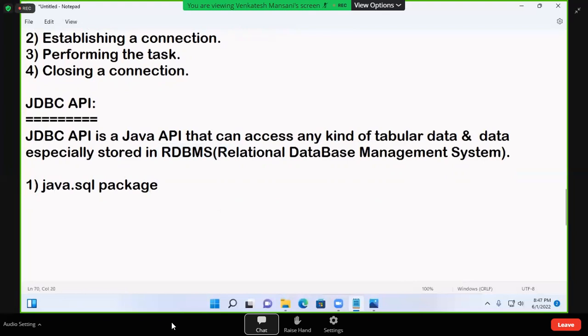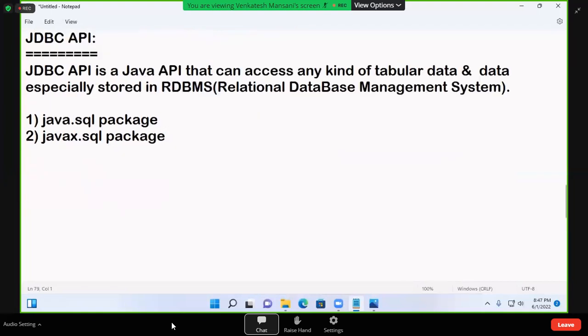Java.sql package. One more, Javax.sql package. And even Javax.sql.rowset package. Java.sql package, Javax.sql package, Javax.sql.rowset package. First package,